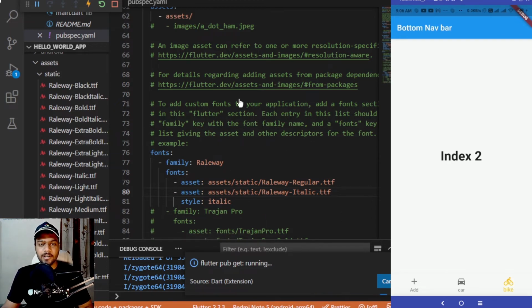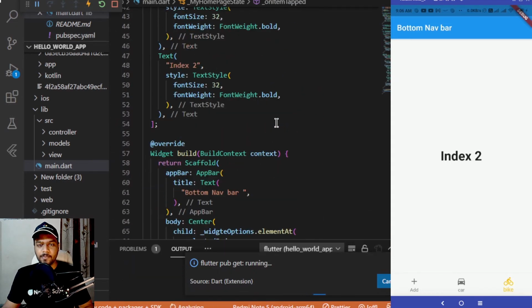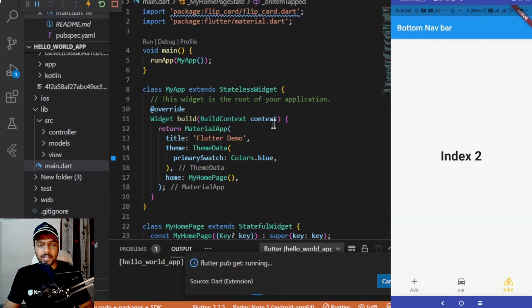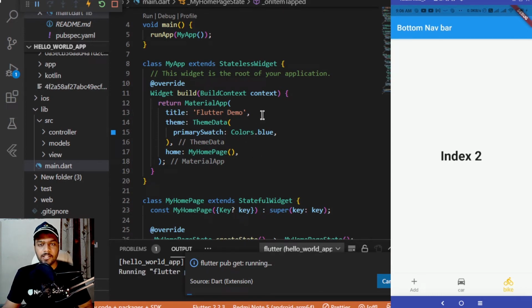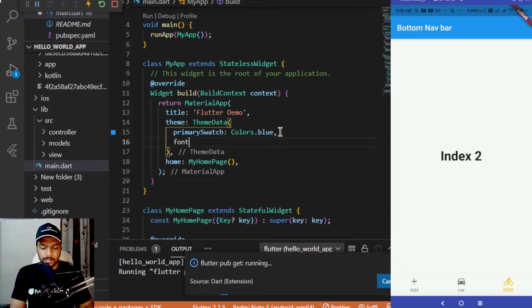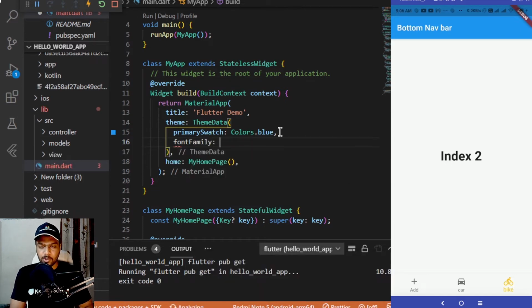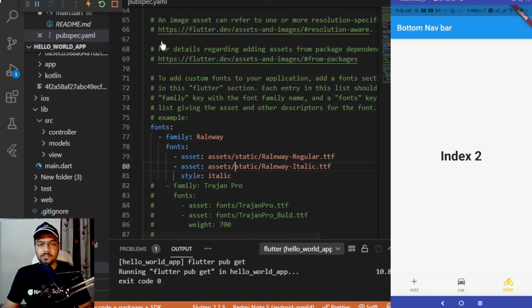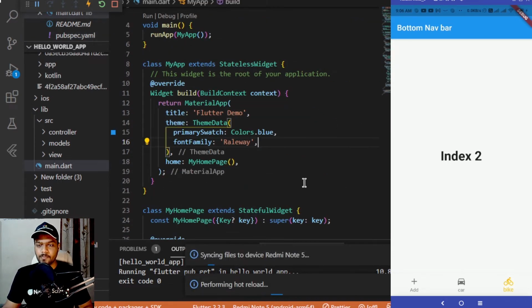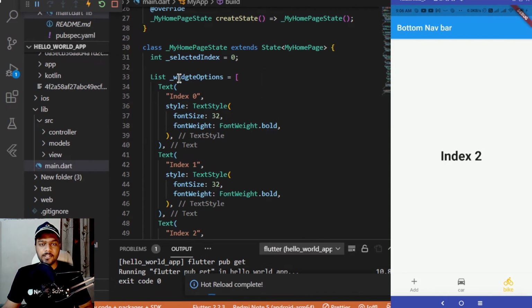And until this is completing, let's go to the main.dart file, and inside the MaterialApp which we have added for this MyApp, we can specify over here that we want to add a theme, and inside that we want to add a font family. So ThemeData is already implemented. Inside this we can specify the font family as well, and here we need to pass the font family in the form of a string. Earlier in the pubspec.yaml file we passed the font family directly without any string over here, so you can see the difference. Now let's delete the things which we won't be needing.